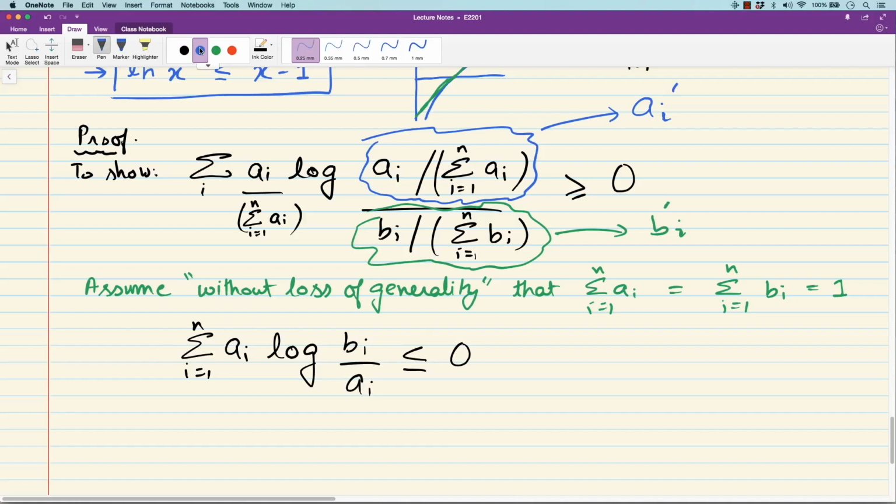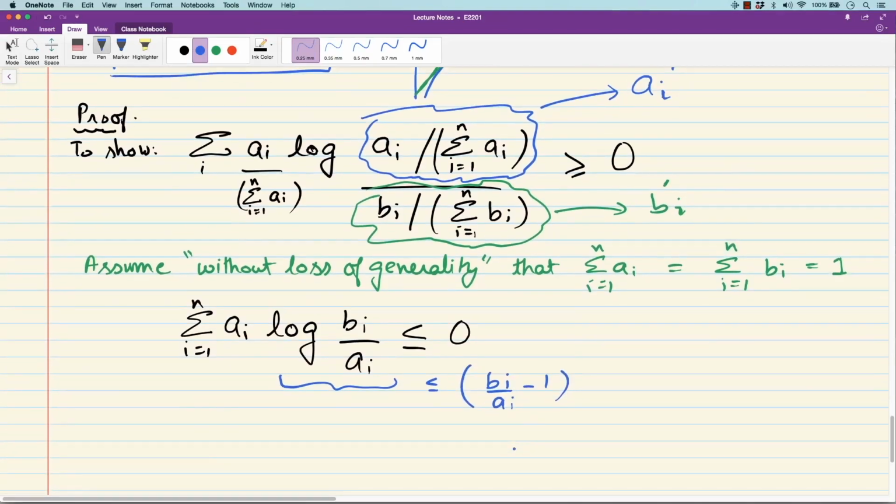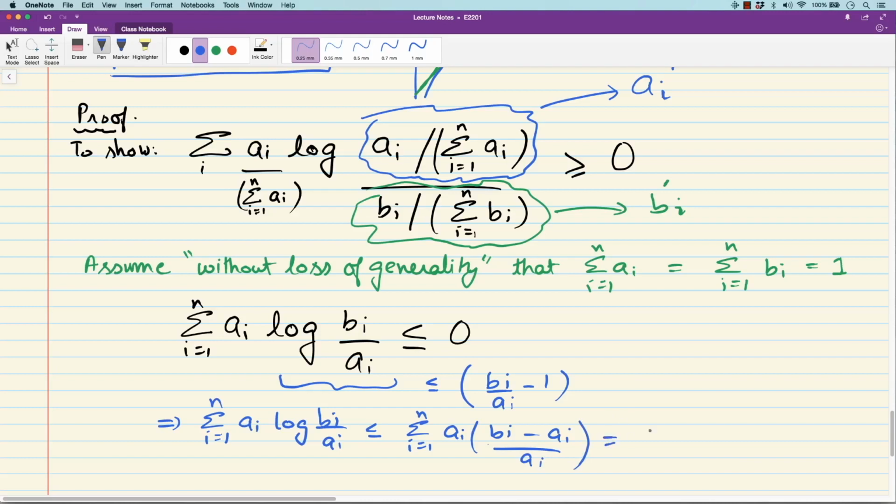So remember our basic inequality from here, this one. Using this inequality, log bi by ai is less than or equal to bi by ai minus 1. So we'll substitute it here. So this implies summation i equal to 1 to n of ai log bi by ai is less than or equal to summation i equal to 1 to n of ai times (bi by ai minus 1), so bi minus ai by ai, and this is equal to summation over i of bi minus summation over i